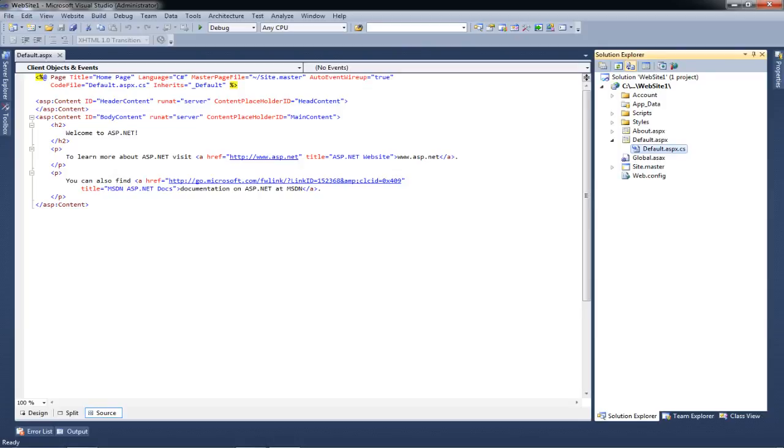By designing, I mean the way your website will look, and by functionality, I mean the way your website will behave. So basically, there is a clear demarcation of default.aspx showing you the looks, or rather the display